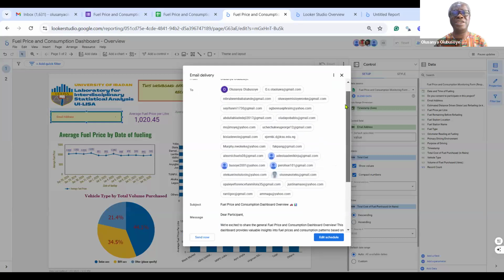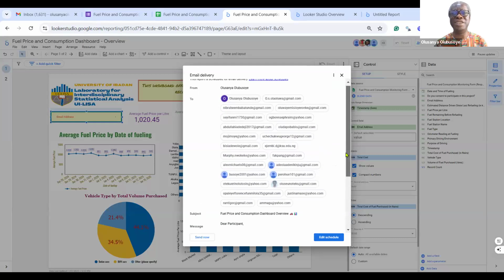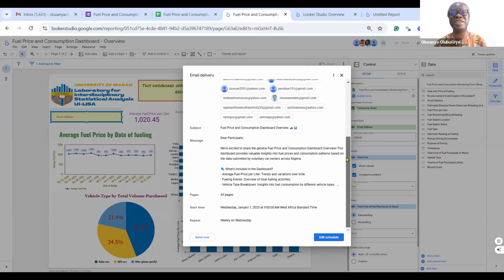What I've done is to schedule delivery of the updates regarding their contributions, their submissions, so that every Wednesday, tomorrow, for instance, they will get an update on the data regarding fuel consumption. So I put it there, repeat weekly on Wednesday.